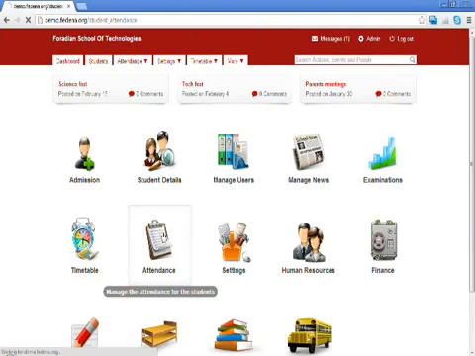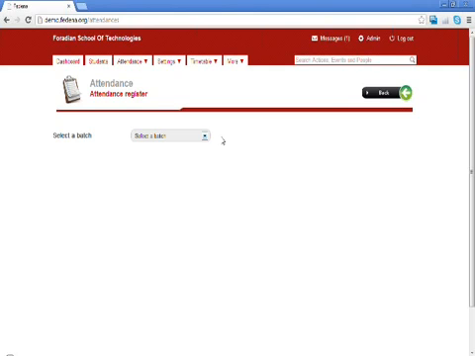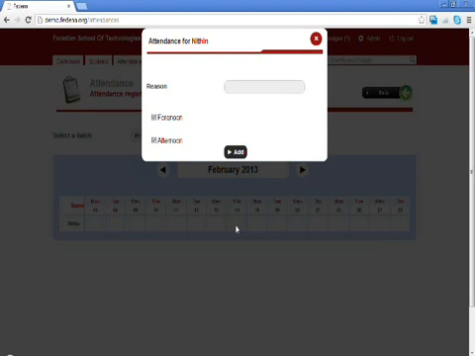Once you create the timetable for different batches, next you can get the attendance register for the students. Click on the attendance register, click on the batch name, and you can get the attendance register. Consider this is sorted according to the weekdays. Consider this student is on leave on this particular day. If the class tutor or the admin wants to mark the absence, click on the day and give the reason,